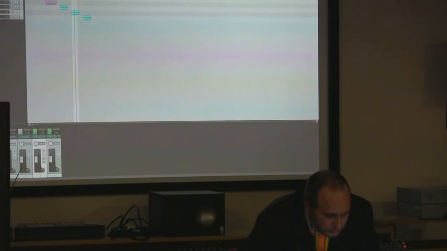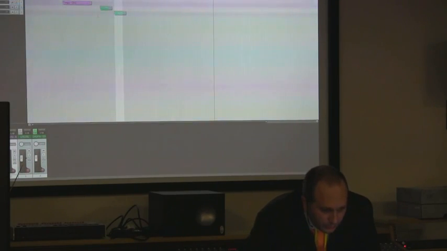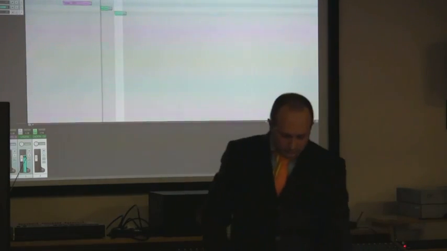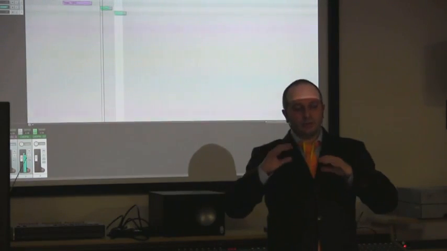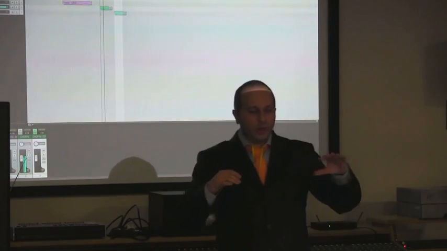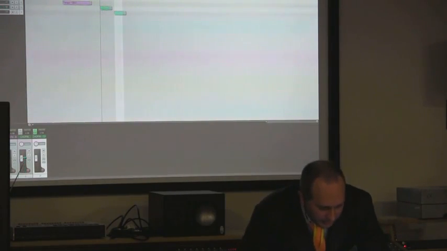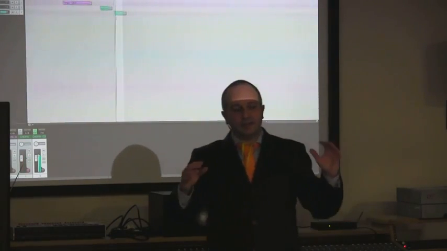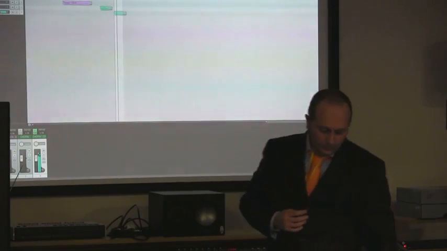Okay. Here we have a sample, which is a piano. As you can see, there are louder sections and quiet sections. And here is the same one with a bit of compression. Everything is more controlled. Why?